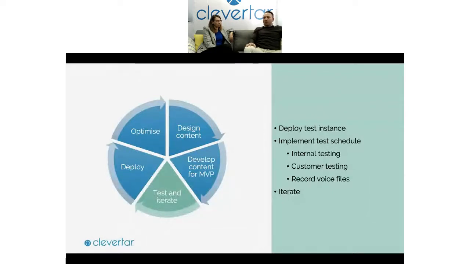We do that by deploying a test instance, just a web link that they can work through, to make sure they're happy with the wording, the persona, all of those really important things, because ultimately this is going to be a new member of your customer service team. So you need to make sure that it's going to be representing your company in the way that you want it to. So internal testing, then customer testing,